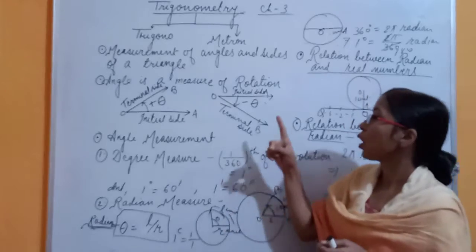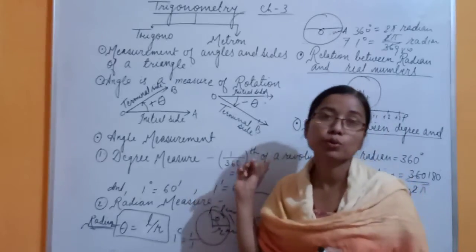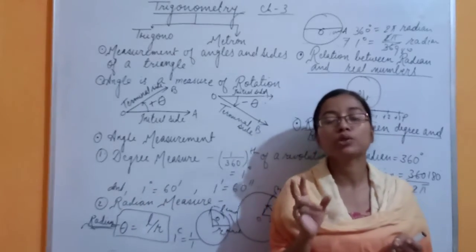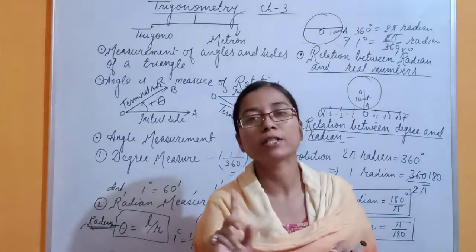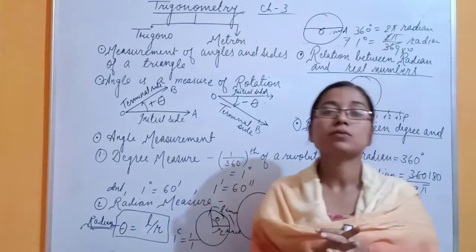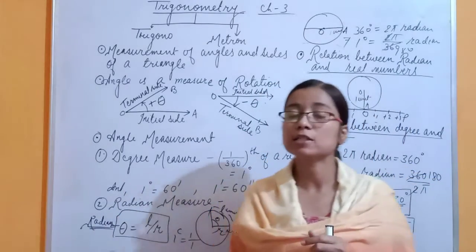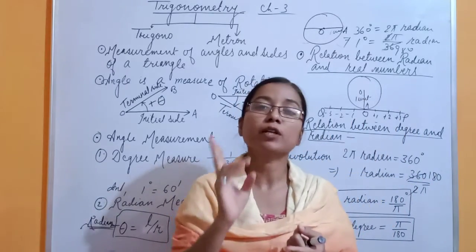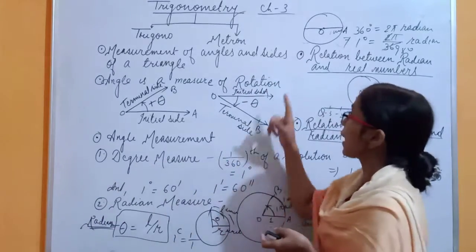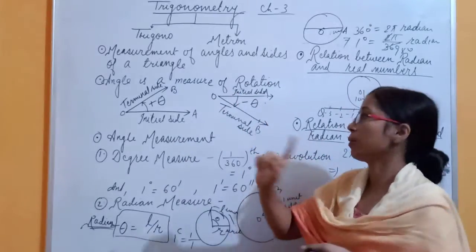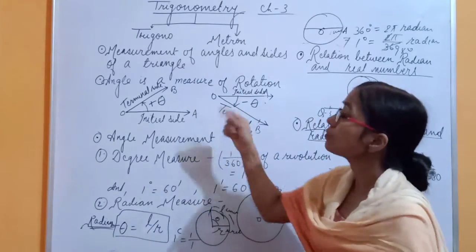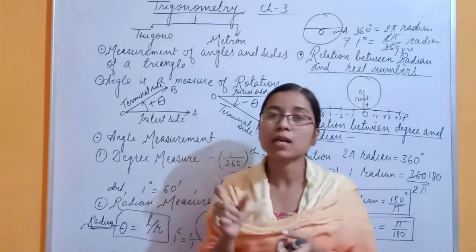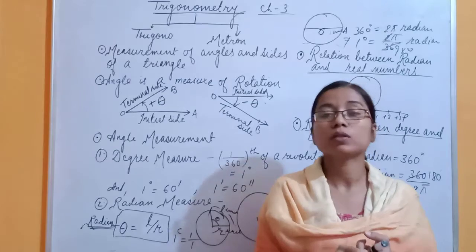Now I am recalling all that I have taught you today about trigonometry. Trigonometry is made from 2 Greek words, trigono and metron. Trigono means 3 sides and angles, and metron means measurement. Measurement of the angles and of the sides of a triangle is included in trigonometry. As it talks about angles, we must know what an angle is.